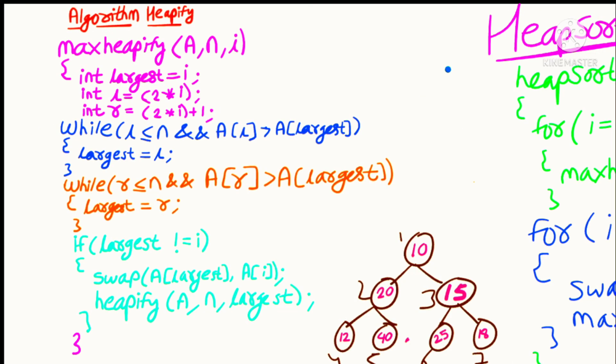Look here once again, we are declaring a function max heapify with array a, the number of elements n, and a variable i. We are declaring the largest element as i. Starting with, we denote largest as i, so we will first look at the leaf nodes. We have no concern with leaf nodes, we will go to the parent now. So now our i is 15, at third position our i is there.